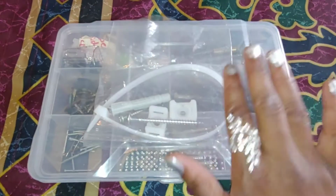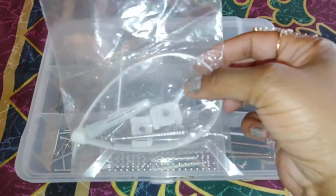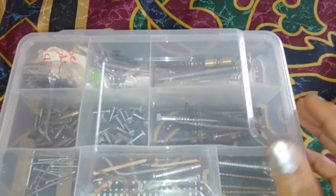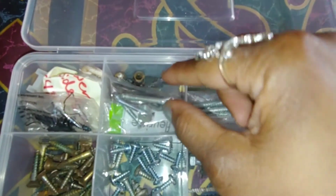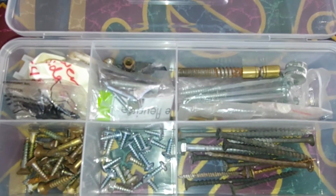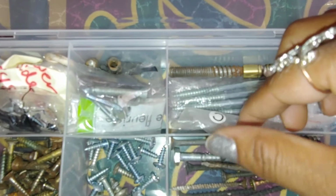So kings and queens, everything that was in there fits into this container except for this package. But this would just sit right on top. That way I know that it's there. Now as you can see, what I did was the items that are in the back, all 3 of the items in the back, they are specialty items, meaning they have their own